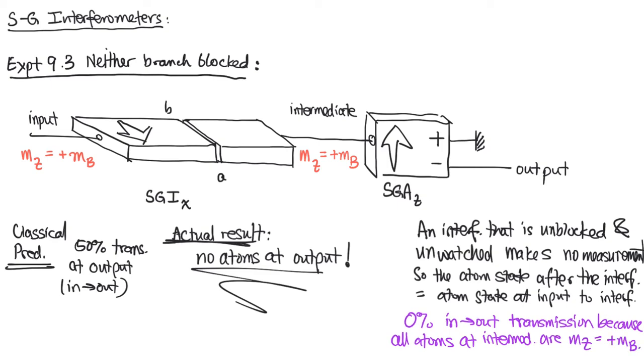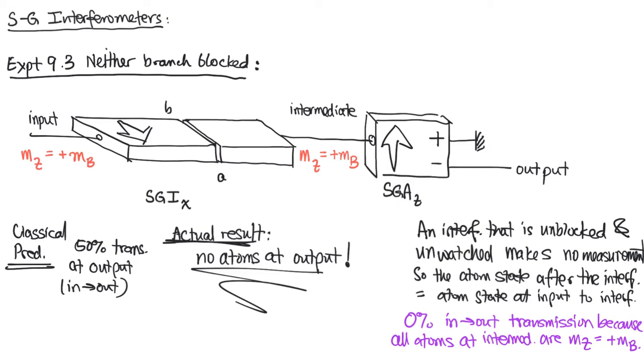Okay. Now notice this result has the hallmark characteristic of interference, because if we have no blockage, we get 0% transmission. And yet we saw that if we block port A, we get 25% transmission. And if we block port B, same result. So if you add blockage and you increase the transmission, that is a kind of signature of wave-like interference, like we saw with the two-slit experiment. And so somehow we can think of this as atom interference, where the exit probabilities are enhanced by blocking one